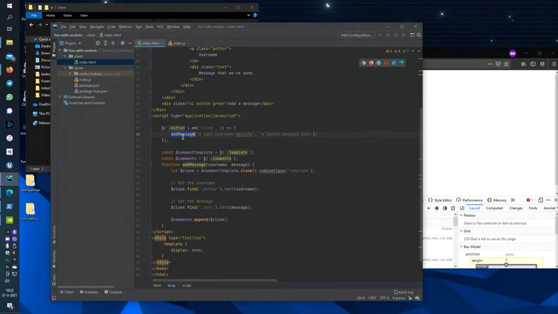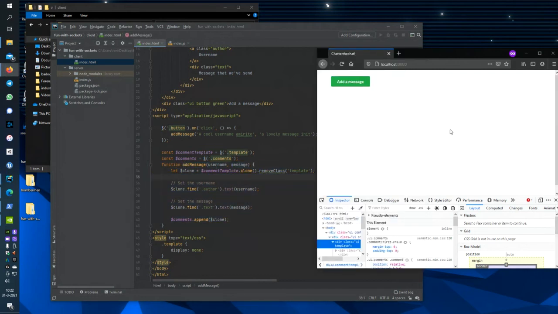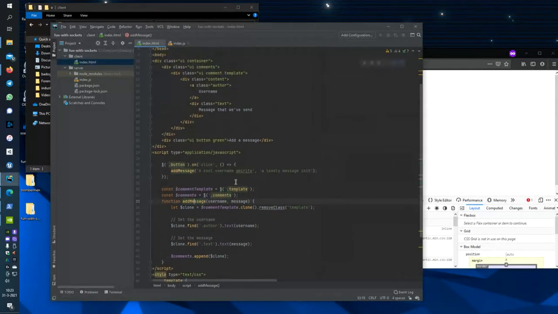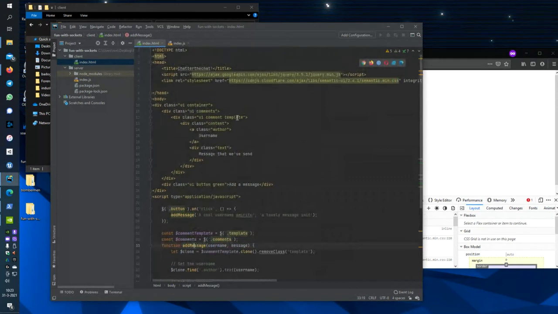I just made a little change while you were away. I changed everything into a function right here. So add message with a username and a message will do the cloning and stuff for me. Still the same functionality, but it's easier if it's just a function. And actually, before I continue, I also wanted to